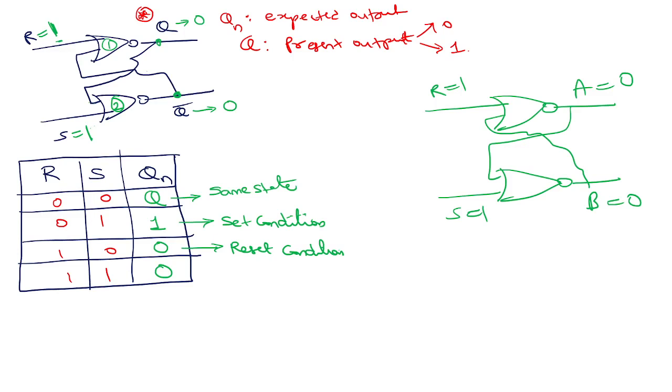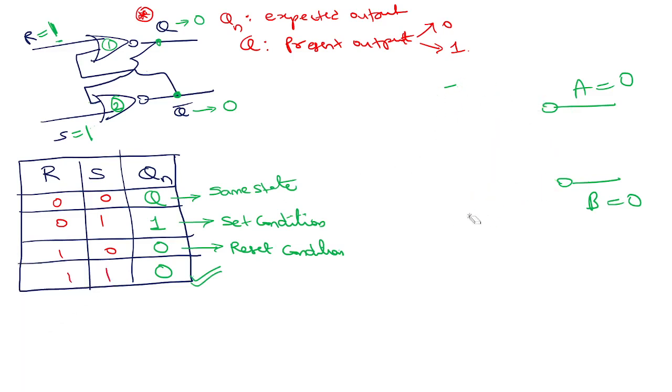I got it. I got what you're saying. See, the point is Q and Q bar are the labels that you are giving there, correct? Instead of A and B. So what I'm trying to say is, yes, I'll come to the concern that people are expressing, right? That concern I'll see now. So, let's say, for example, this is also correct. Now, the issue is this. This is not an issue. R equal to 1, S equal to 1 is not an issue at all. But the issue is,